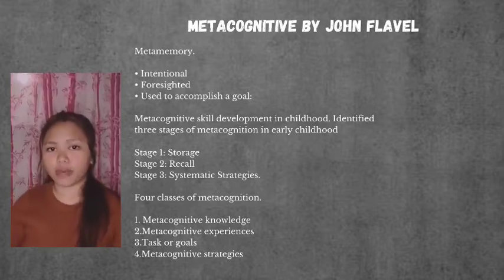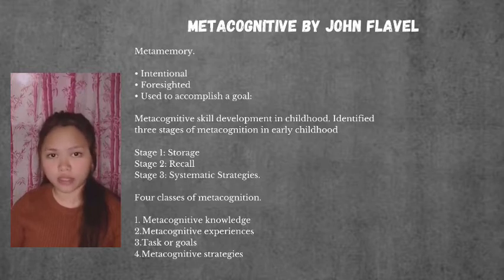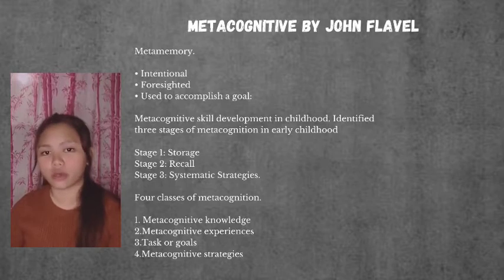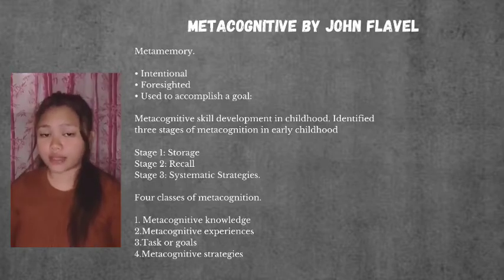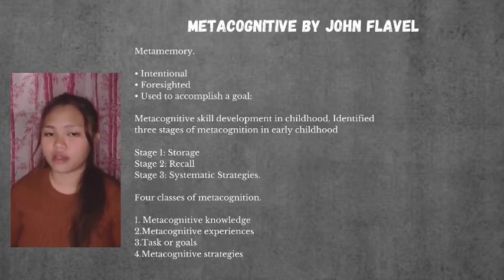4 classes of metacognition in 1979. Flavell proposes 4 classes or types of thinking about thinking in order to explain the theory. So the 4 classes of metacognition are: first, metacognitive knowledge; second,